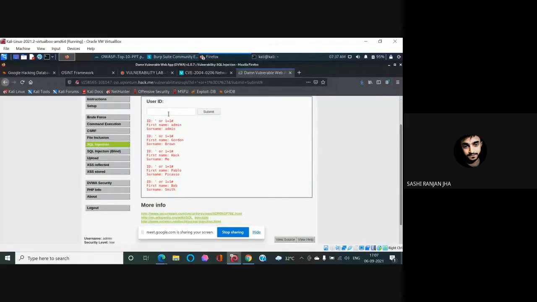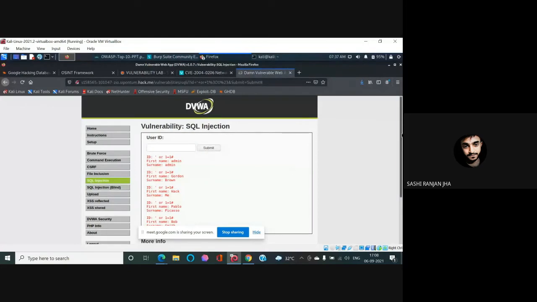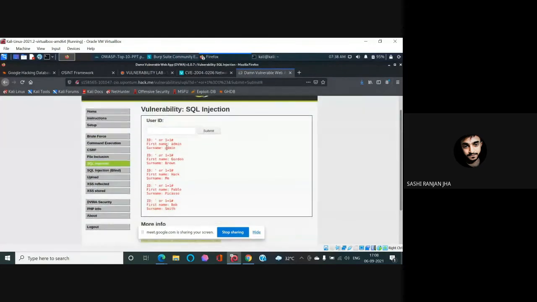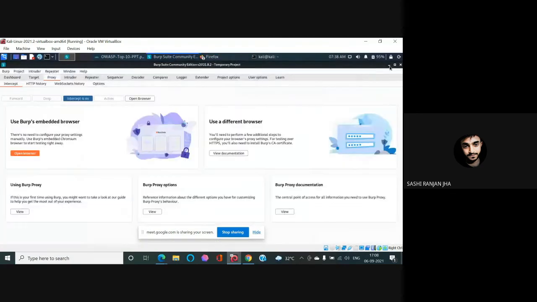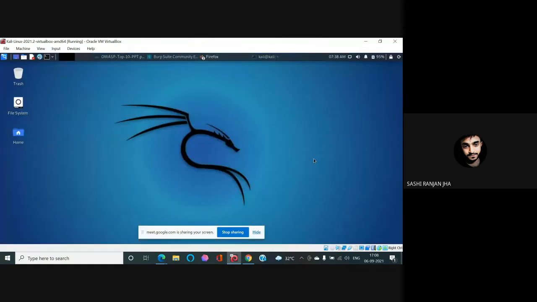So for the first time, if we give id equal to 1, we see the first name and last name. For id equal to 2, we see these things. But when we give 1 equal to 1, that condition is true. If this is true in every condition, it will give all the users that are listed over here. In a similar way, there are different commands that we can use, but there are automatic tools as well, and we are going to see what automatic tools we can use.